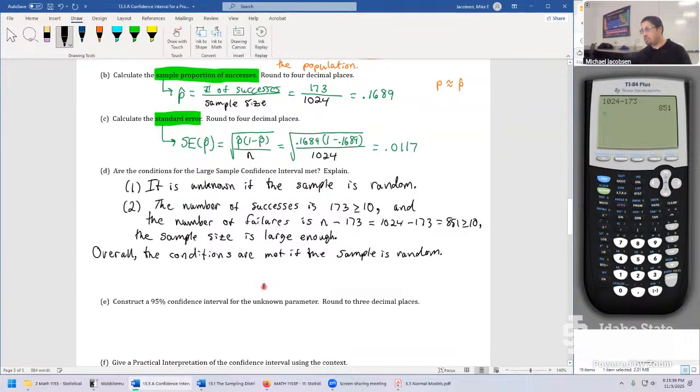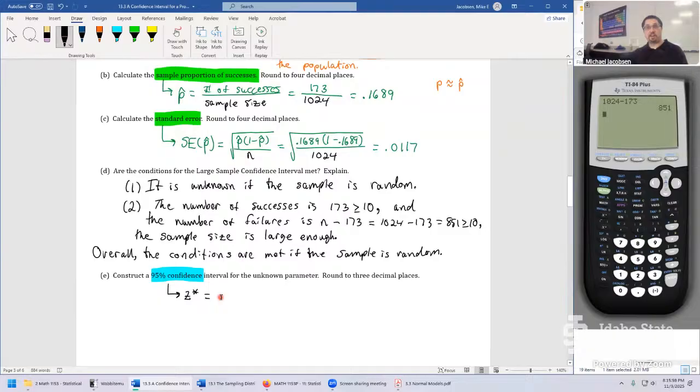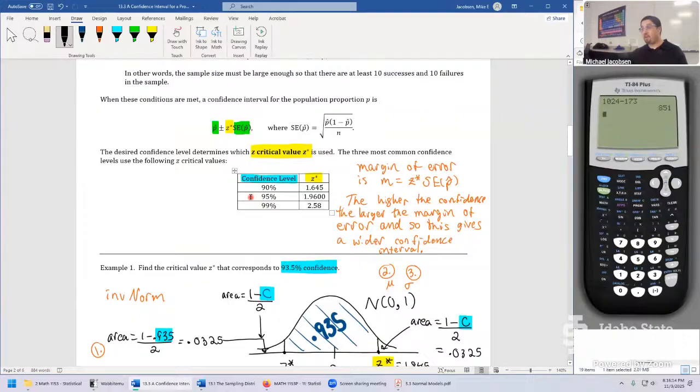Okay, so let's do the 95% confidence interval part E. Well, first thing you'd want to do is, if it states 95% confidence, we have a critical number Z star we're going to be using. And one thing that's kind of funny about this class is people tend to memorize this one number pretty often. It's because 95% confidence kind of is a middle ground. Your interval isn't too wide at high confidence, it isn't too narrow at low confidence, which is not a great thing.